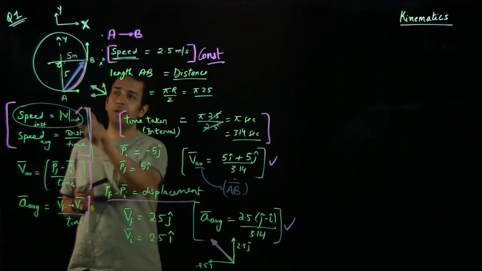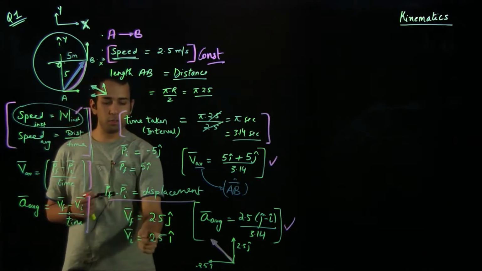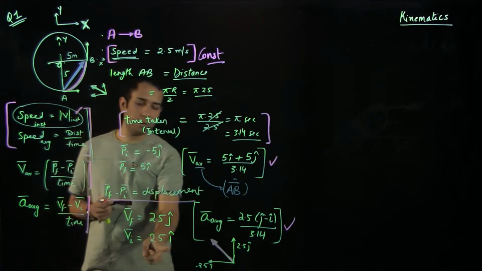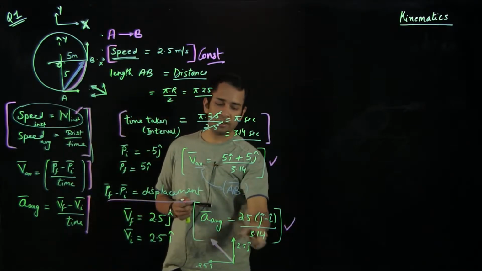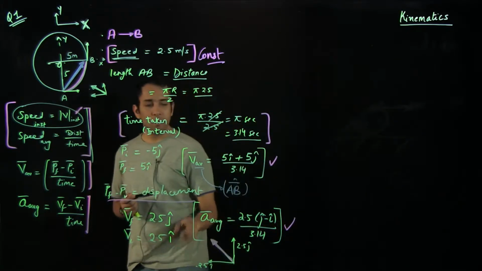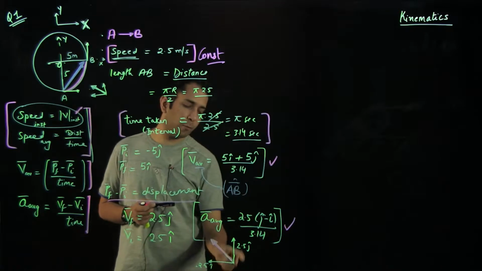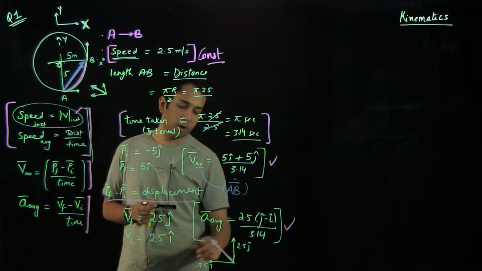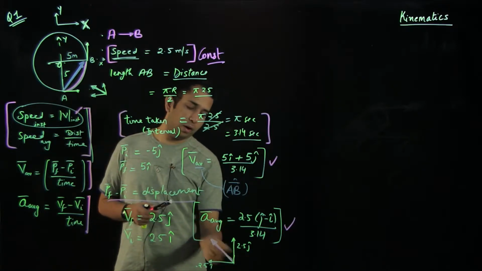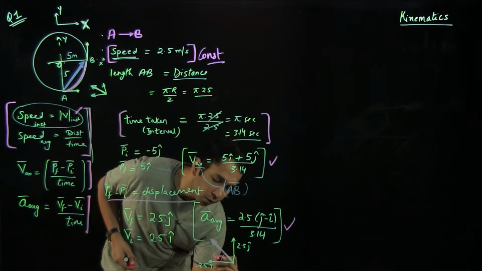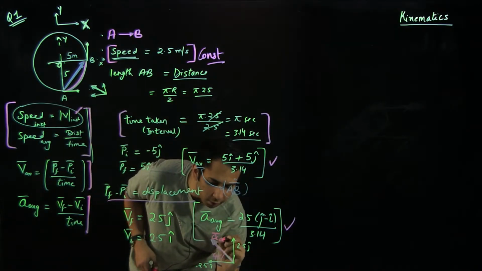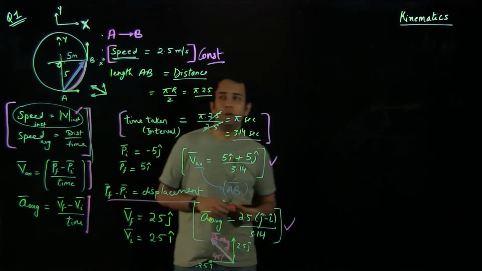So j cap, and similarly we can find the initial velocity using the 2.5 magnitude and the direction along the tangent to the circle, that is 2.5 i cap, and we will be able to calculate the average acceleration using the final and the initial velocity as well as the time. And we can easily find the direction using vector analysis: 2.5 j cap is in the upward direction, minus 2.5 i cap is in the left direction. So the vector addition would be at an angle of 45 degrees to either of the previous vectors. So this is the direction of the average acceleration.